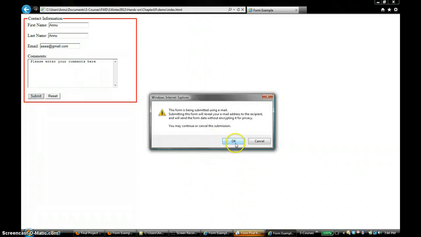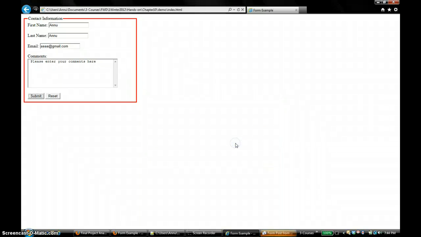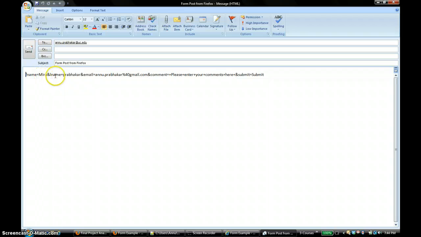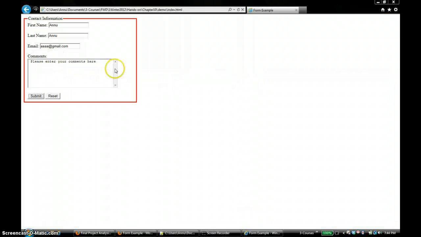So it says this form is being submitted using email. So it put all this information I have in here. So you can say send, and it will send. But make sure that you have something. But I'm not expecting